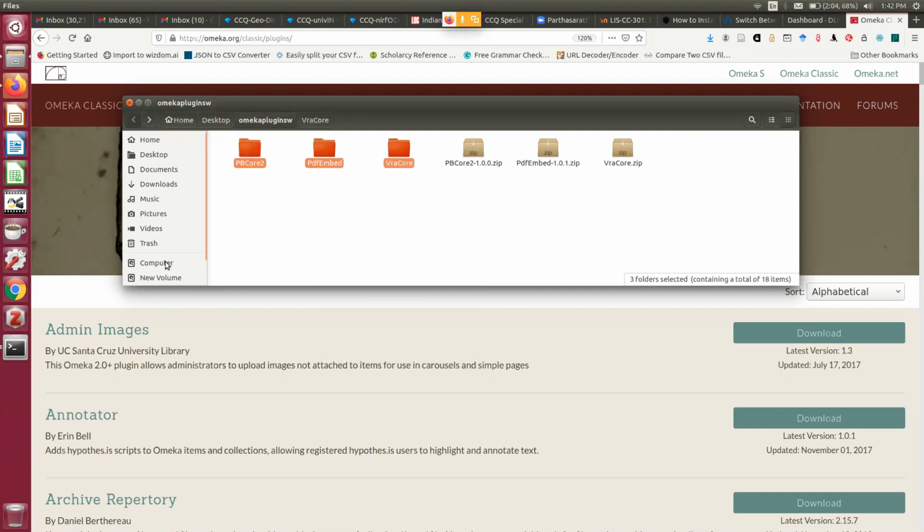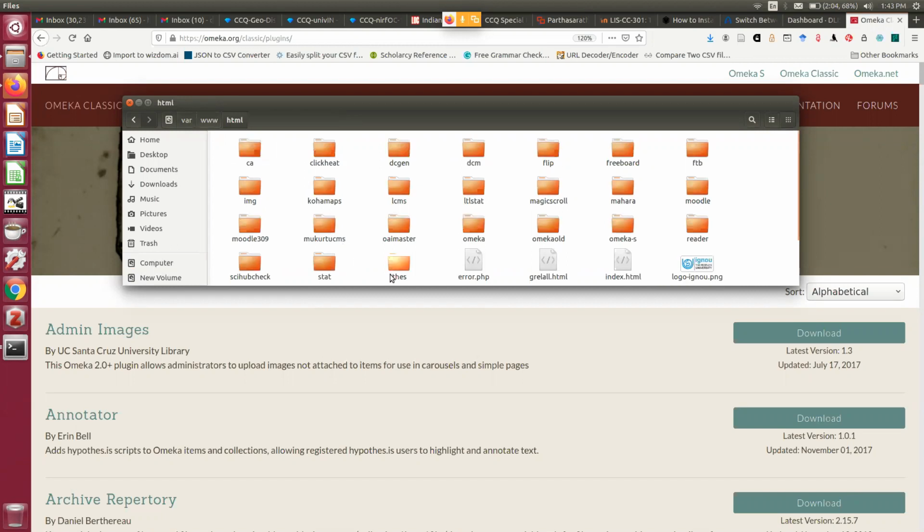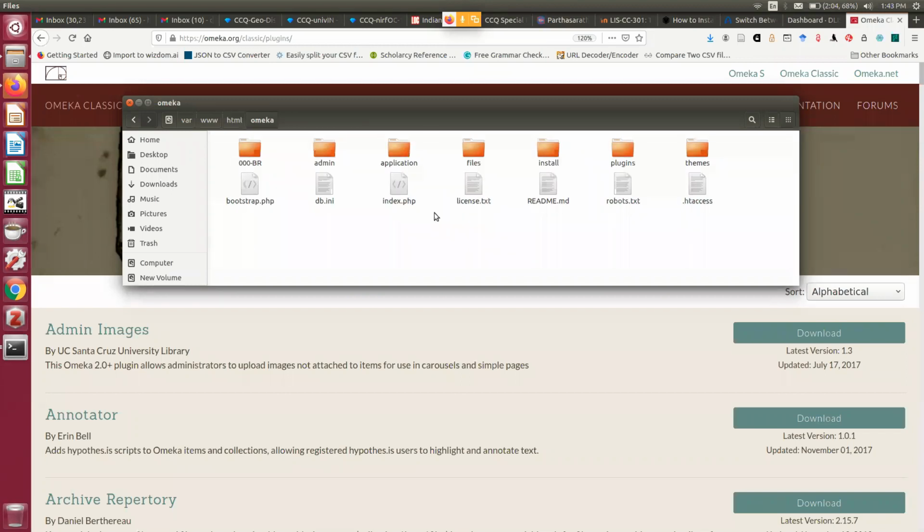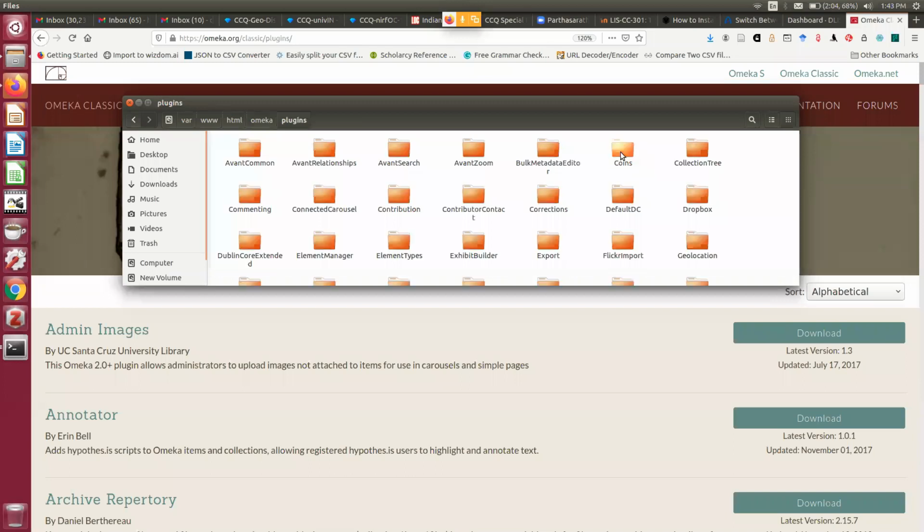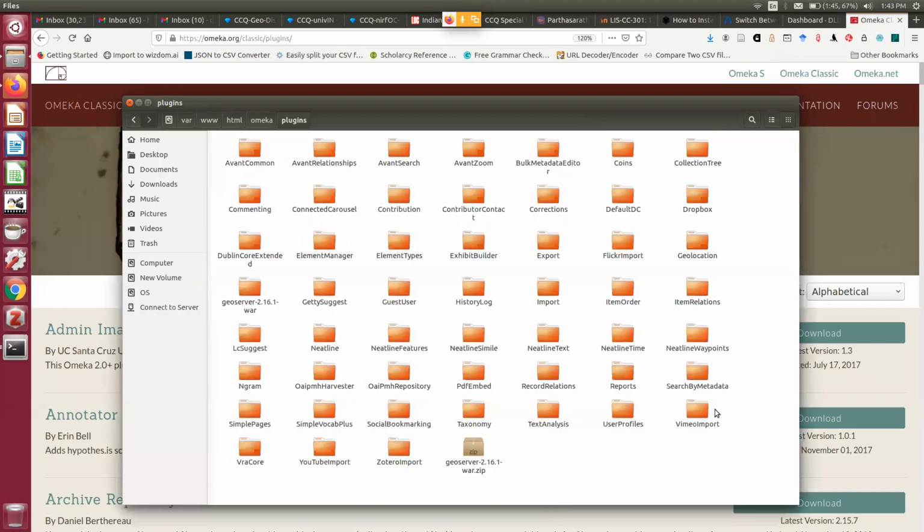Then I'm going to my Omeka folder: var, www, html, then Omeka. Under Omeka there is a folder called plugins. Here you can see all of the plugins I have installed so far. So I am now pasting it here.